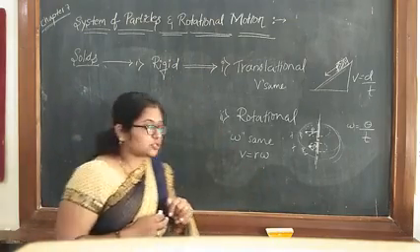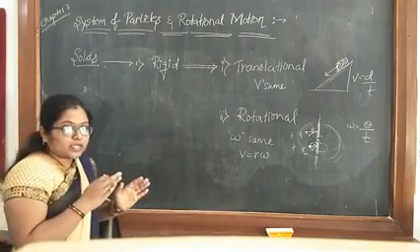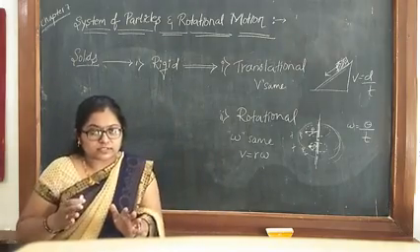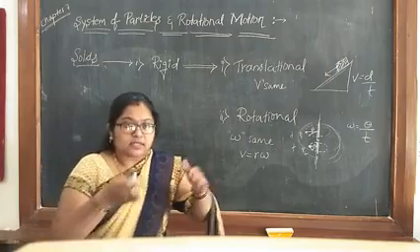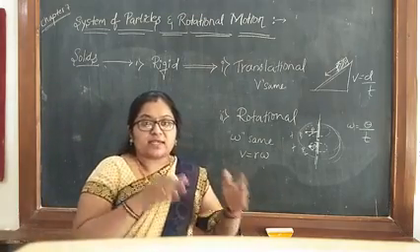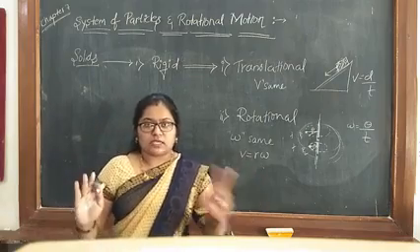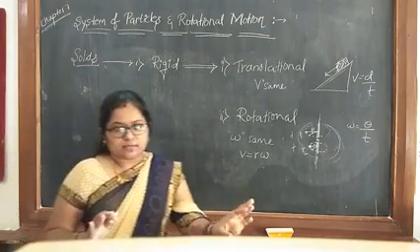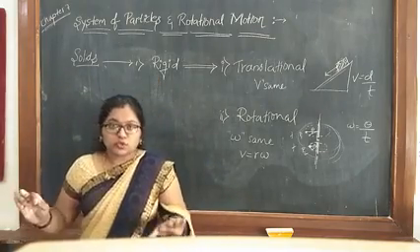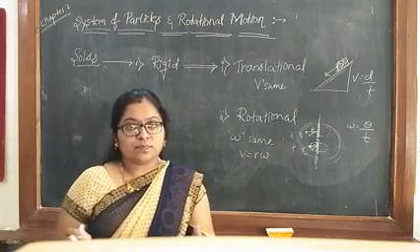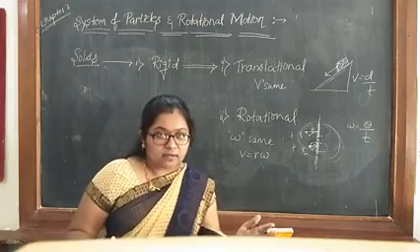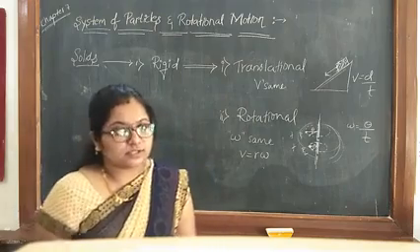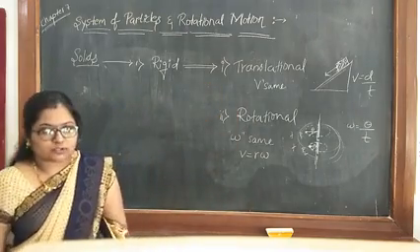How we can define rigid body? The body which is not showing any change in size and shape after the application of forces. This is one part, and the distance between every pair of particles remains same in the motion. Two parts. You can write the definition of rigid body like this. Rigid body is the one which will not show any change in size and shape after the application of force, and the distance between every particles remains same during the motion. That is rigid body, and it undergoes these two kinds of motions.